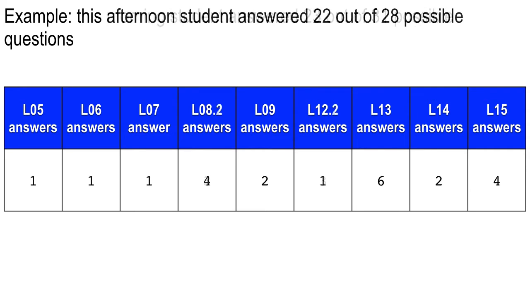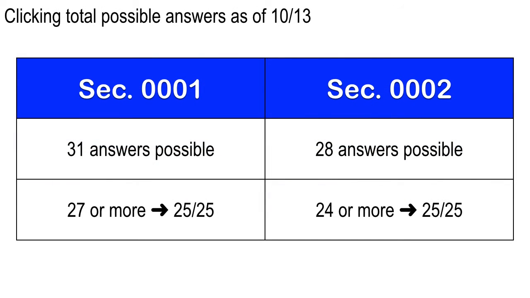Here's an example for the same student with the afternoon numbers. So this one's scored 22 out of 28 possible. Don't worry about these numbers because we're going to do the morning example. But basically, here's where we are. The two sections are not identical for the number of questions. There are 3 fewer in the afternoon section. That's just happenstance. Sometimes I don't get to all the questions I want. But they're pretty close. And right now, the second